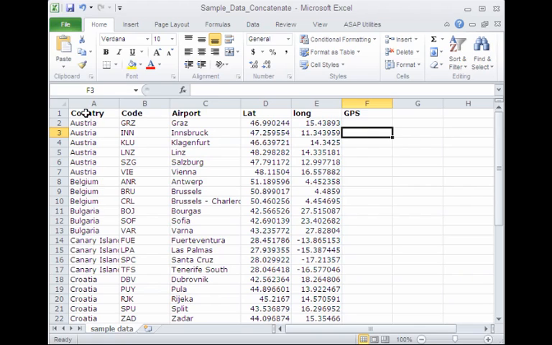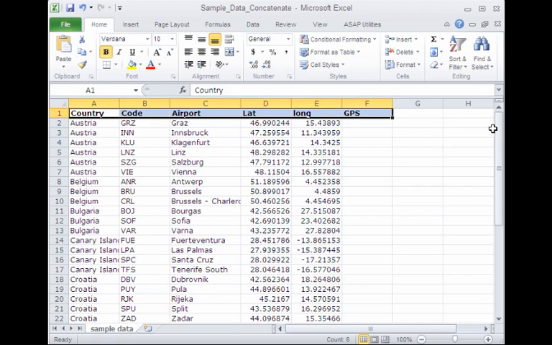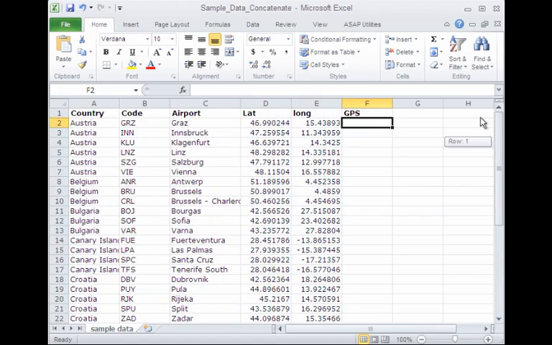I've set up a spreadsheet with some dummy data in here. We've got country code, airport, lat and long, and what we're aiming for is a concatenated GPS, which is basically joining the lat and the long. There's not much data here, it's just a really small sample to give you a flavour for the ways to do it. What we need to end up with is this, with a comma and this field joined in here